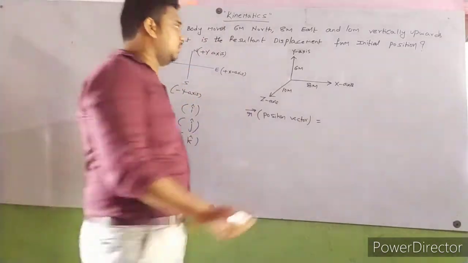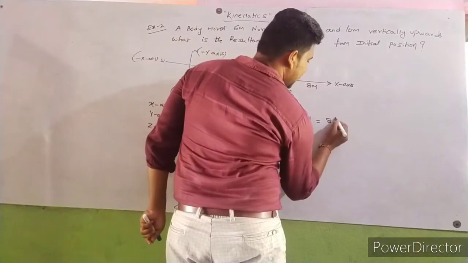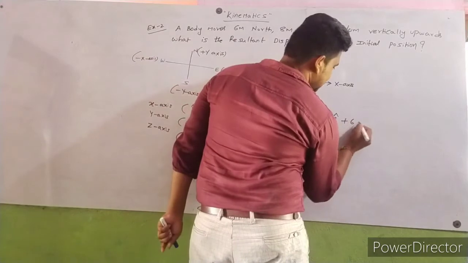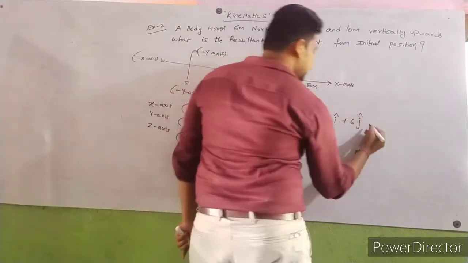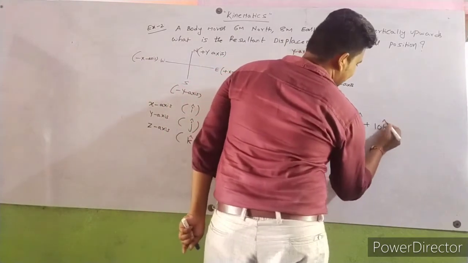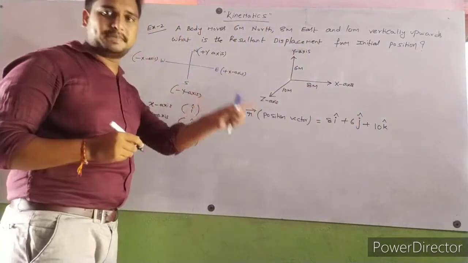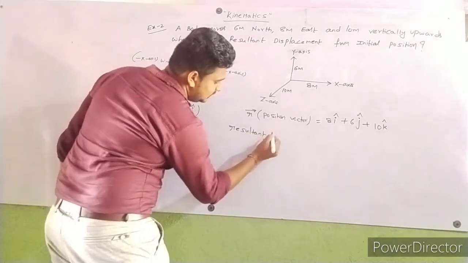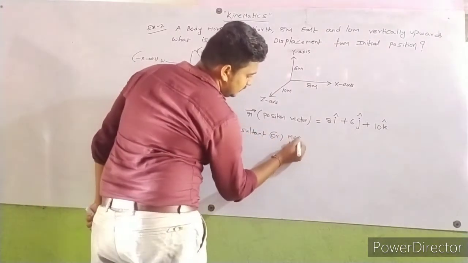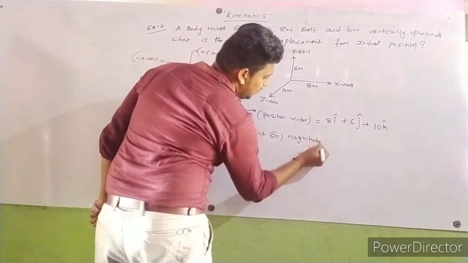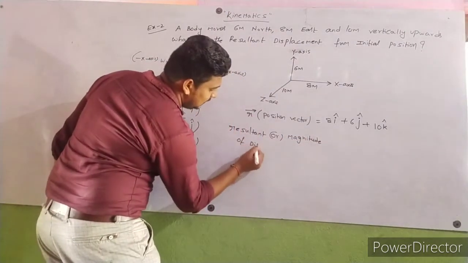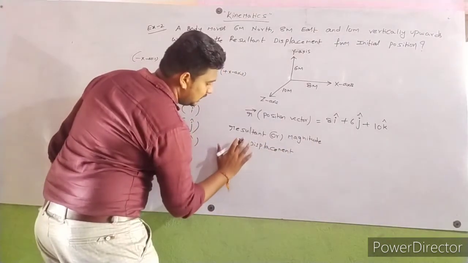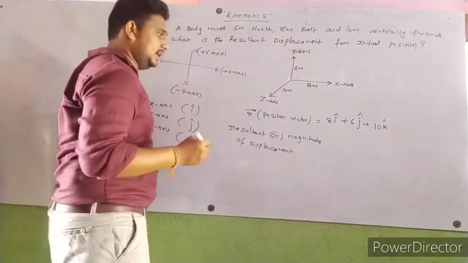Position vector r bar is equal to 8 i cap, because the x-axis represents i cap, 6 j cap because the y-axis represents j cap, and 10 k cap because the z-axis represents k cap. So we want the resultant displacement. Resultant is also called magnitude. Resultant or magnitude of displacement is equal to